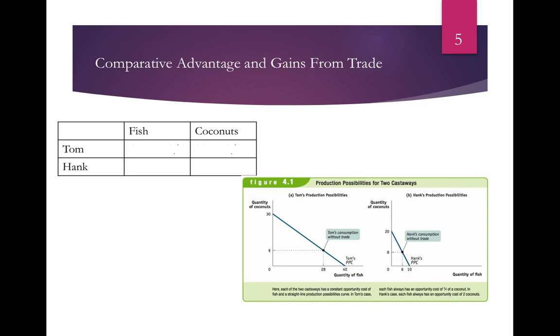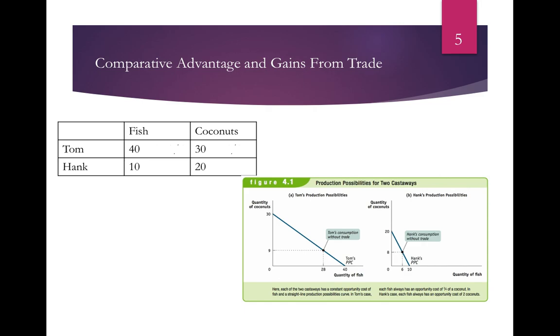Right. Well, first thing we want to figure out is, are coconuts and fish tangible? Yes, they are. So we know that this is an output problem. So here's how you want to set it up. You make a little chart like this: Tom, Hank, fish, and coconuts. And with Tom, Tom can catch 40 fish, or he can catch 30 coconuts. Hank, on the other side, can catch 10 fish or 20 coconuts. Okay? So right here, we're just putting what they can do if they concentrated all their resources to one or